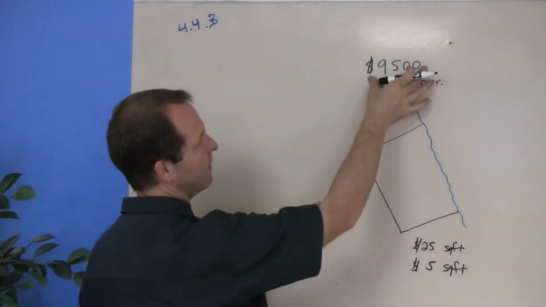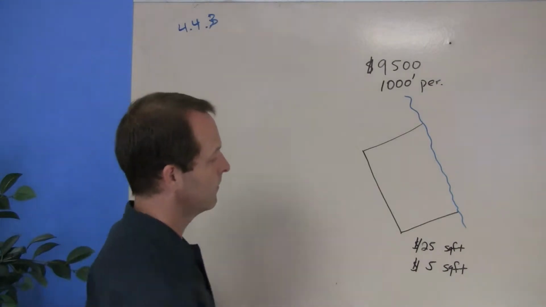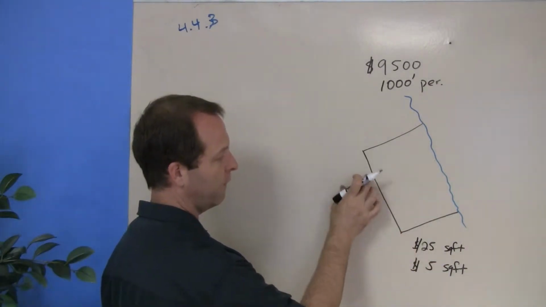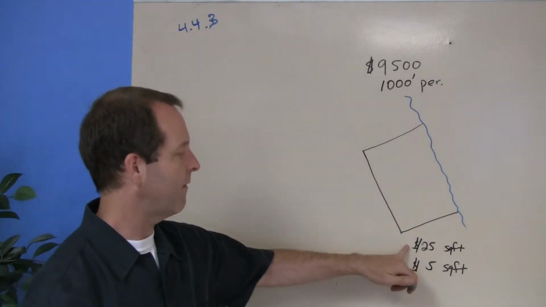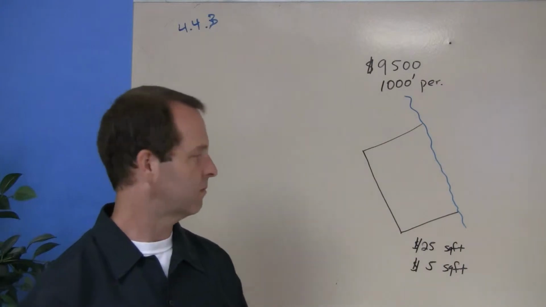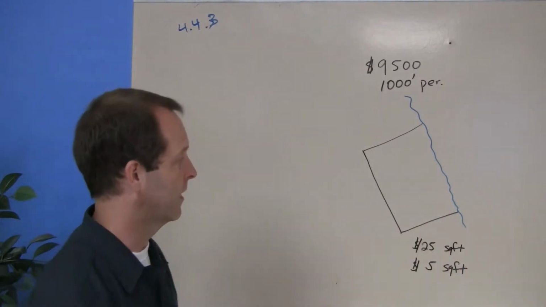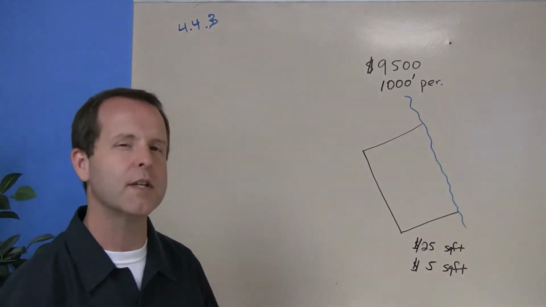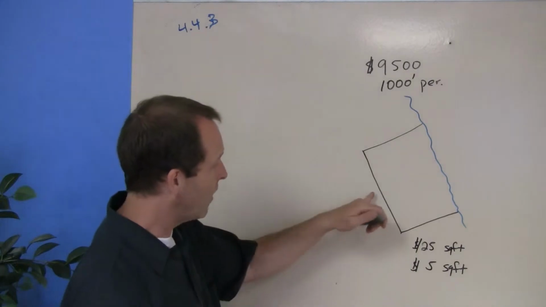Let's say that I have $9,500 that I've spent on the fencing. On the front, I'm going to use a more expensive fencing, so that one's going to cost $25 a square foot. On the sides, I don't really care what I'll use. My neighbors can look at my fence if it's only a $5 per square foot fence. So how do I start to shape this problem in such a way that I can determine what the dimensions